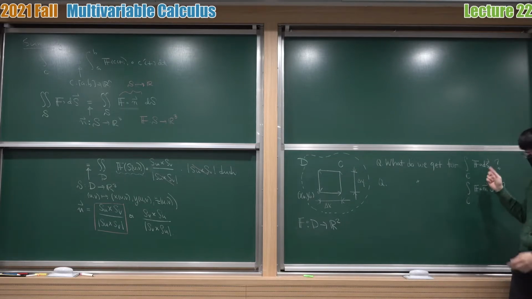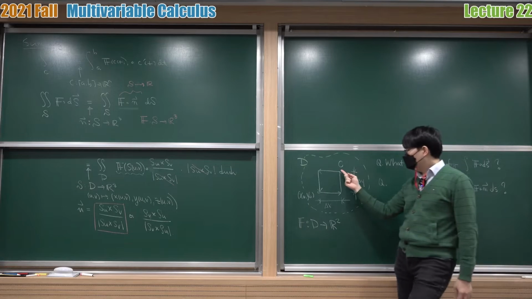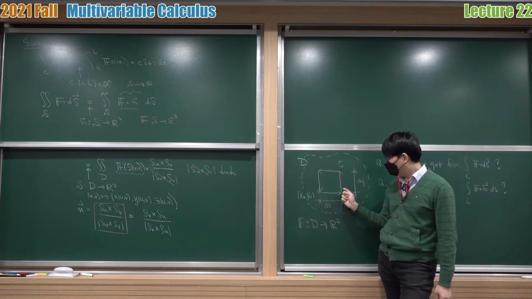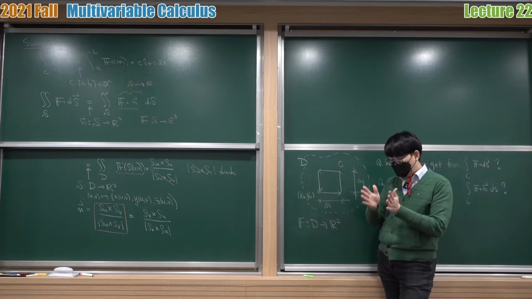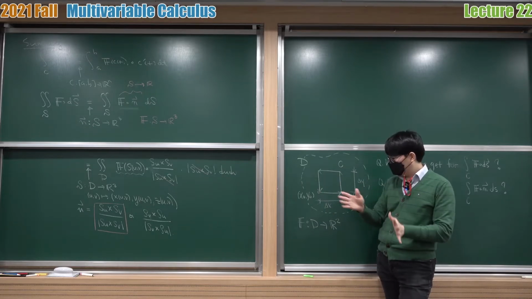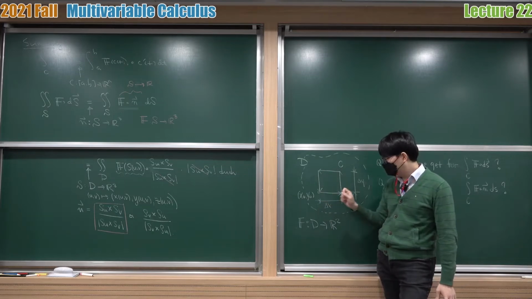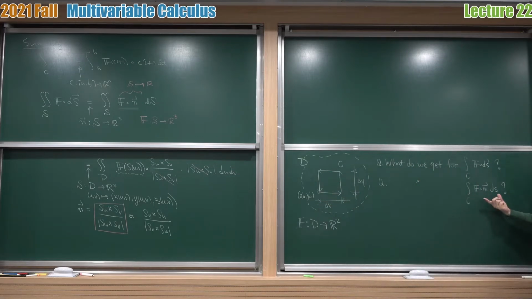So you have a difference between these two. We are taking a line integration over C. That means we're going to take the work done along this curve C. So we're going to add small work done along the curve, in the direction of this movement. And the second integral means that we're going to add all the vector field flowing outside of this curve C